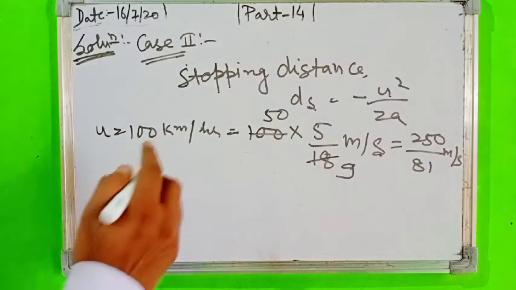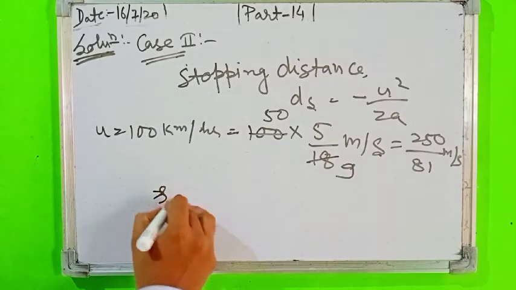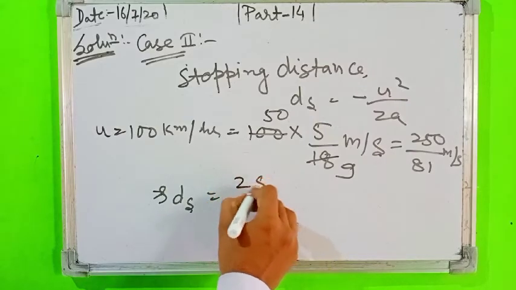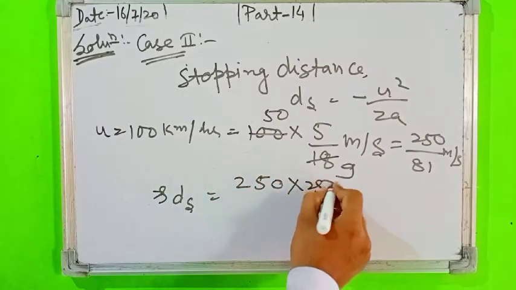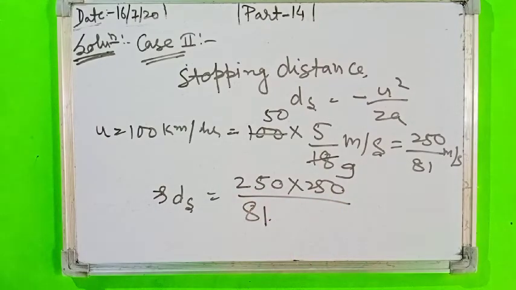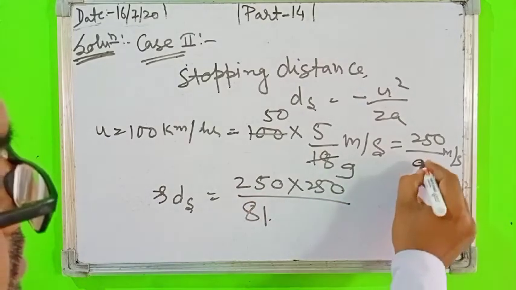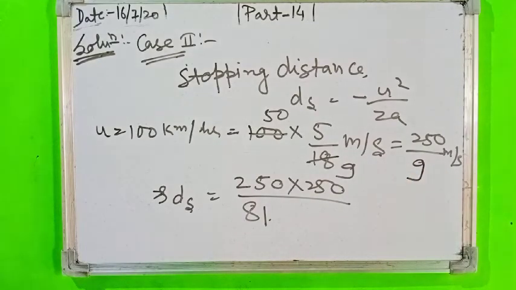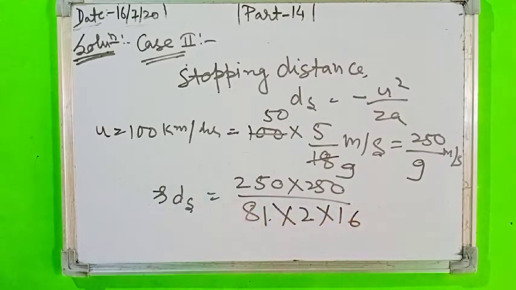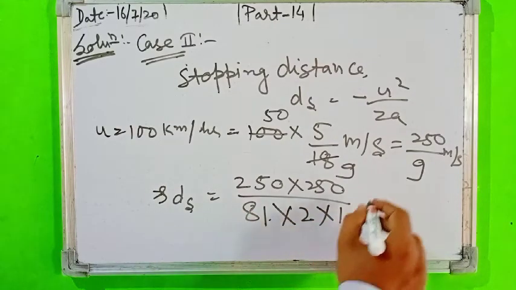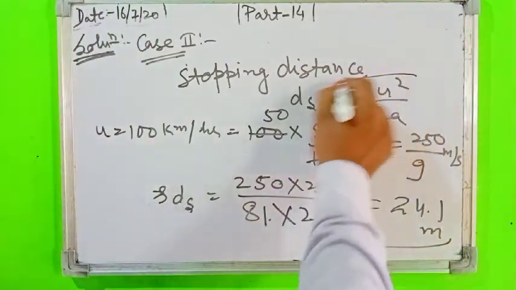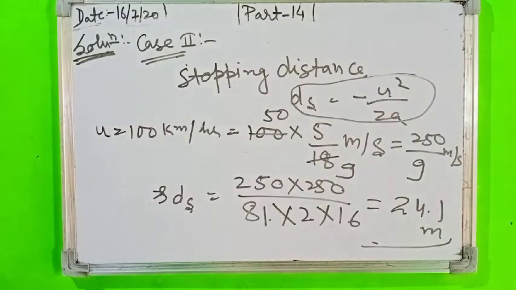And from here, the stopping distance ds is equal to 250 into 250 upon 81 into 2 into 6, and this is equal to 24.1 meter. So if we had got the acceleration, then we can directly use the formula for stopping distance,